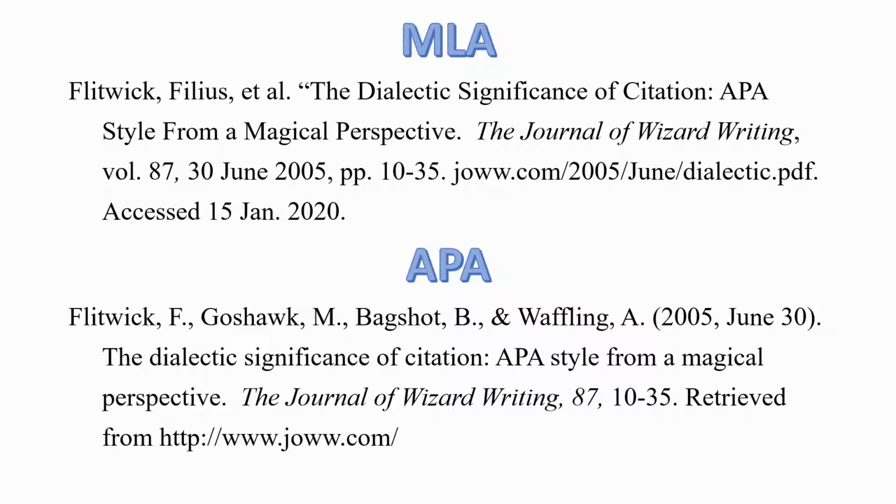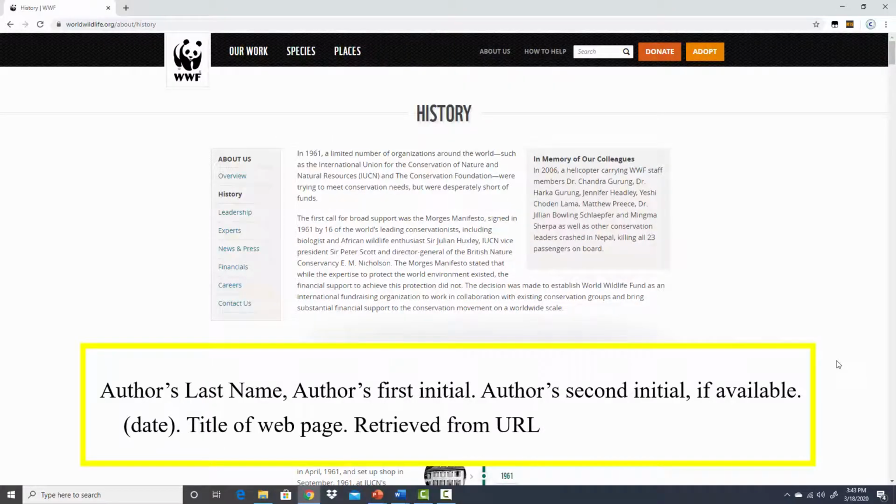Let's look at some specific examples of citing sources in APA style. Here is a web page from the World Wildlife Fund, and the template for a web page citation in APA style. Always first is the author if present. For this web page, there is no credited author, so we will omit this and go to the next element, which is the date. This page has no date of publication, so you would put N period D period in